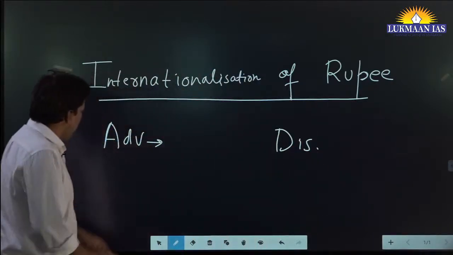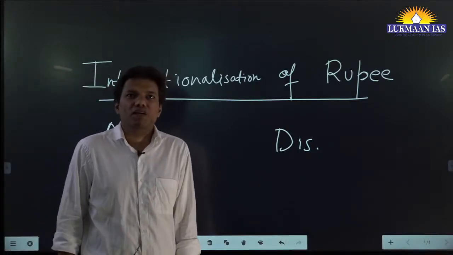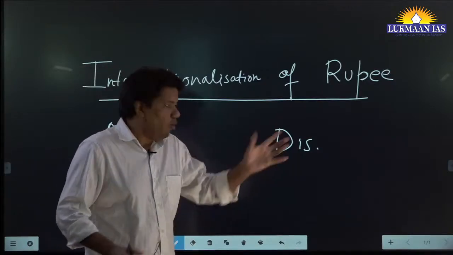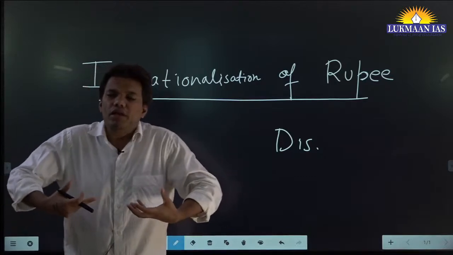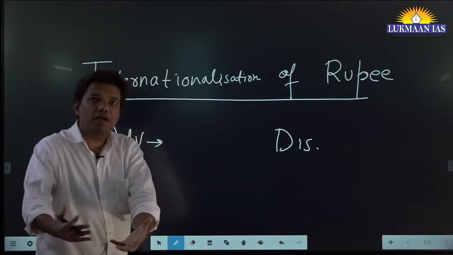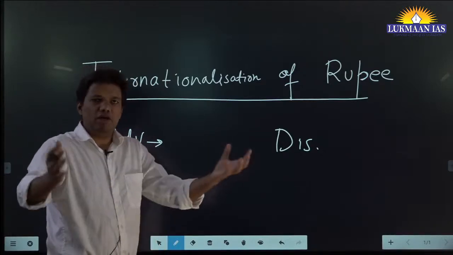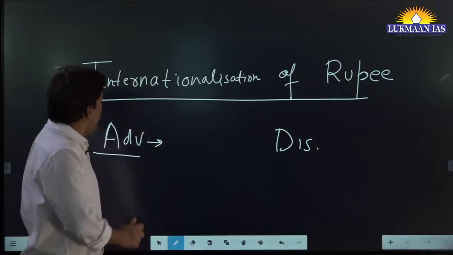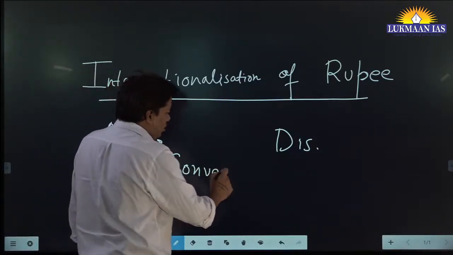When you say advantage, the most important advantage is convenience value. Let's say the world trade is happening in USD. Although the exchange rates will apply, the US has that convenience because they print their currency, and generally countries will ask for payment in dollars, so that will bring convenience value. So try to use it whenever you write convenience value.